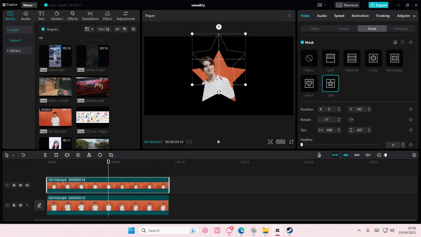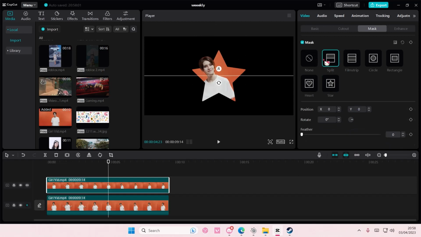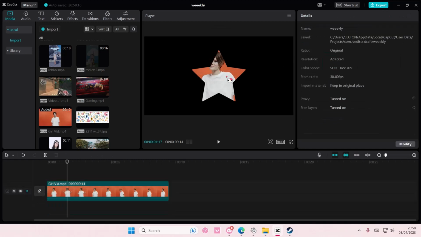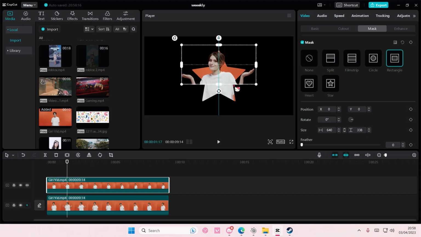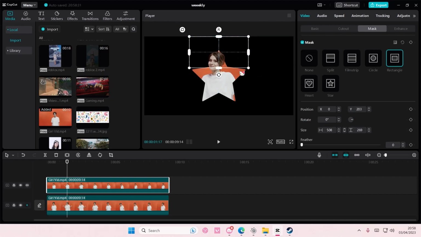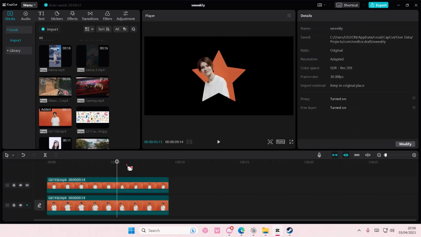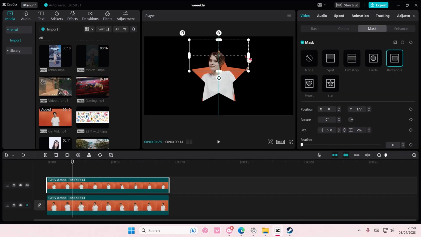You can use another mask though, for instance this split one maybe. I think it is a little bit better, but as you can see there will be this hand out of the frame, so maybe use the rectangle one and put it like this so it's only the face that goes out of the frame, like so. Let's just again move this a little bit,